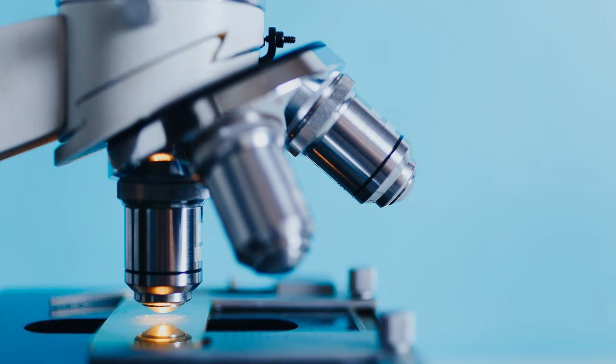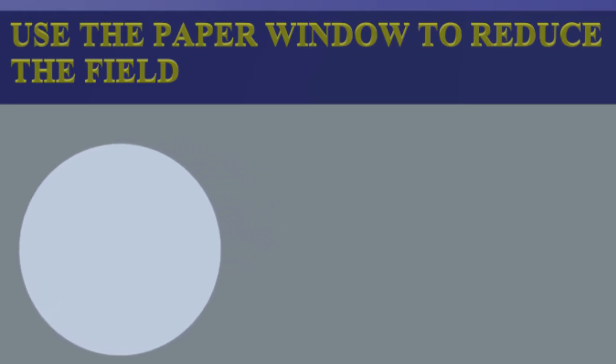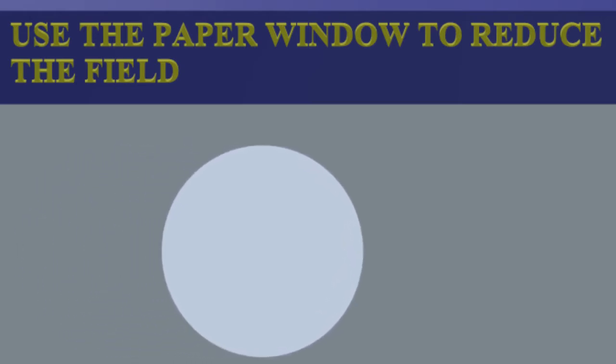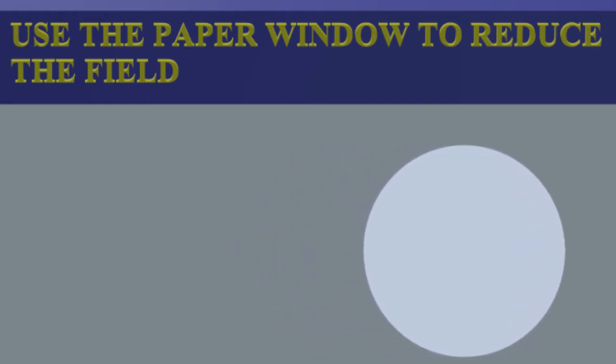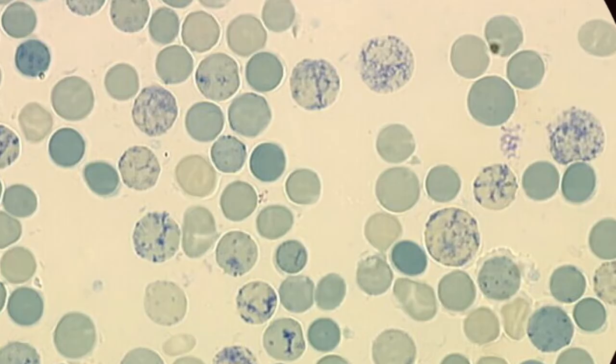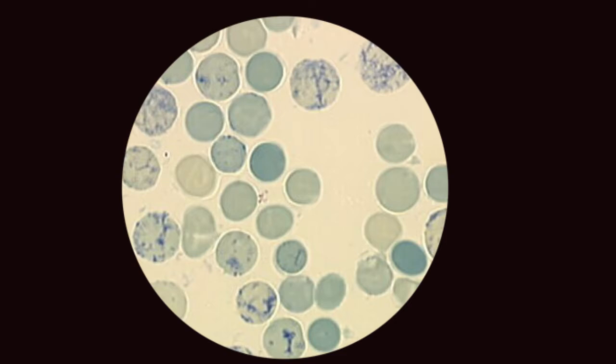Counting method. Select the field with good stain and undistorted cells. The cells should not overlap. Use the 100x oil immersion objective with an adjustable diaphragm in the eyepiece or a paper with a hole in the center to reduce the field size. To count the cells easily, count 100 reticulocytes and the RBCs for calculation, in at least 10 fields, or count 1000 RBCs along with the reticulocytes. As the number of fields increases, the accuracy also increases. The reticulocytes stain deep blue and RBCs stain pale greenish blue.